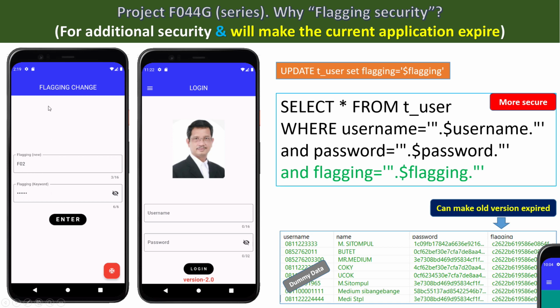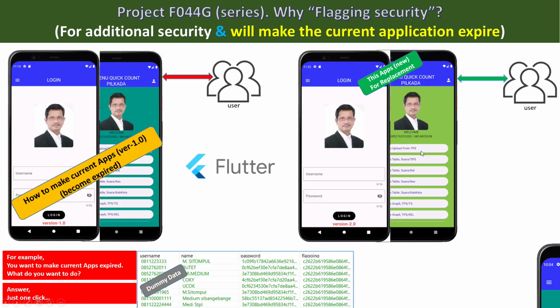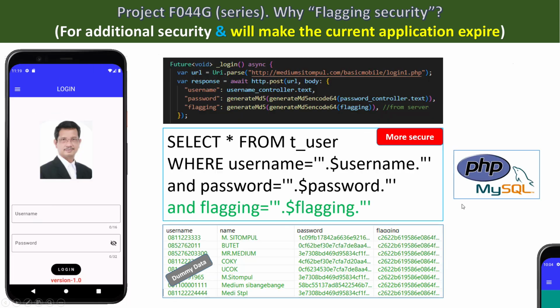If we want to change the flagging, just make this new version flagging, the new flagging. This is the keyword, enter. So after that, all these guys cannot log in to this application because the flagging was changed.